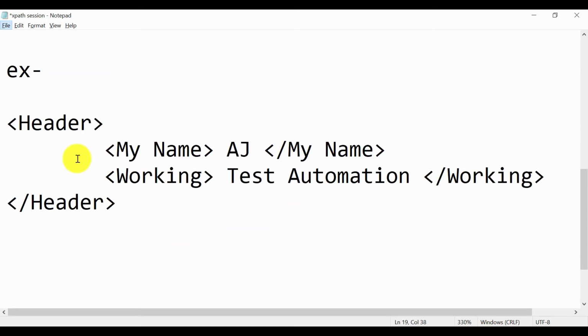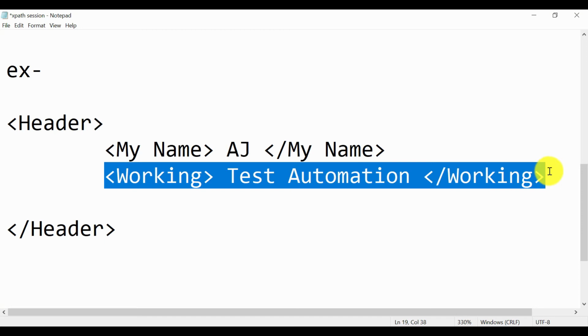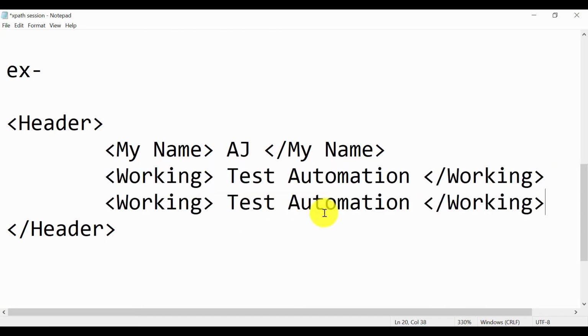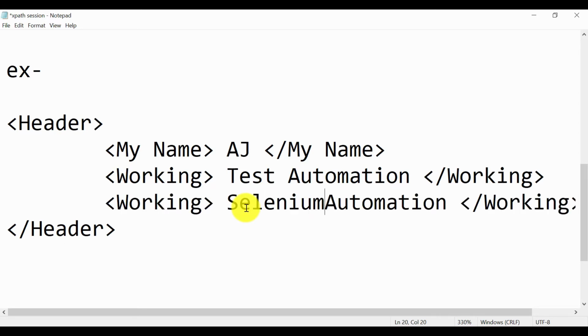This is a very simple example of how XML stores data. In an XML file you can have the same nodes with different data.